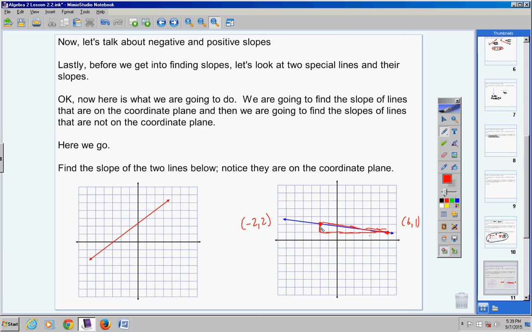Right there. Doesn't look very good, but you get the idea. Now, remember our formula is rise over run, okay? So the rise is the height of the right triangle. Well, if you put your pen here and don't count until you move, you just get 1. So your rise is 1. Now your run,